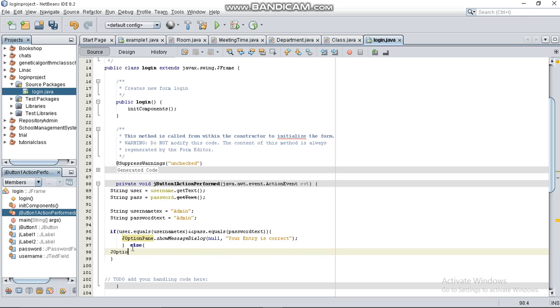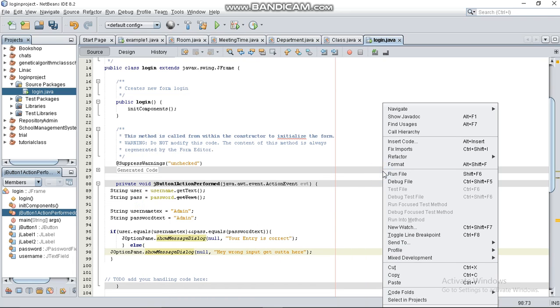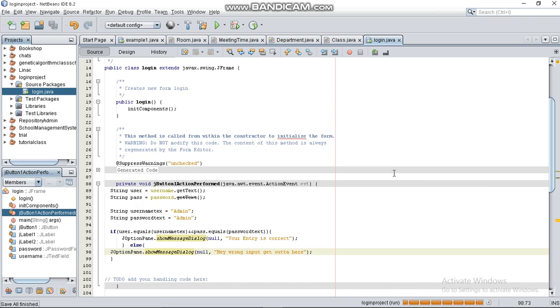say j option pane dot show message dialog null, hey, wrong input, get out of here. Very now what we said is this: if the username and password is correct, you say your entry is correct. If it's wrong, you say hey, wrong input, get out of here. And very simple. Now our program is ready to run. Simply right click in your code, any part of your code section, you can right click anywhere, then click run file. Wait for it,